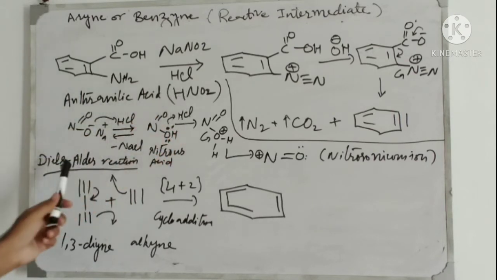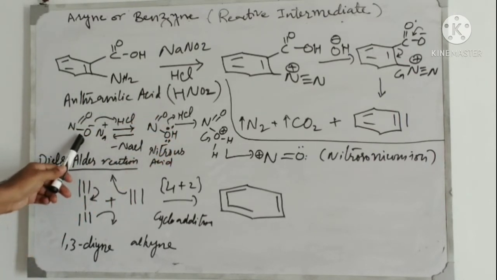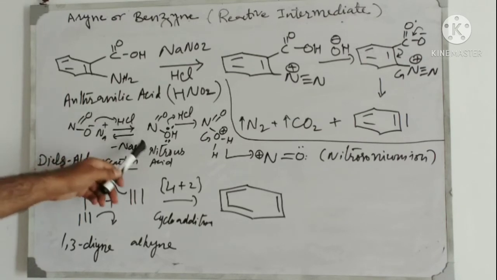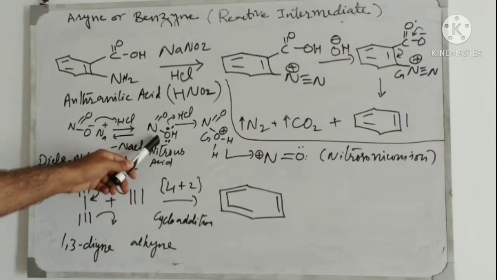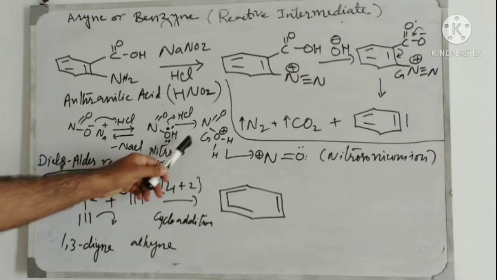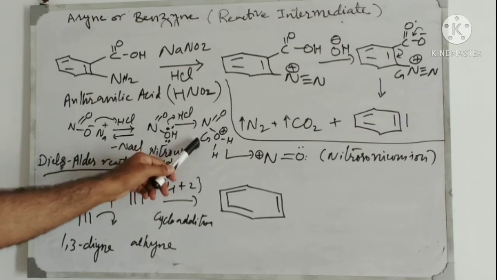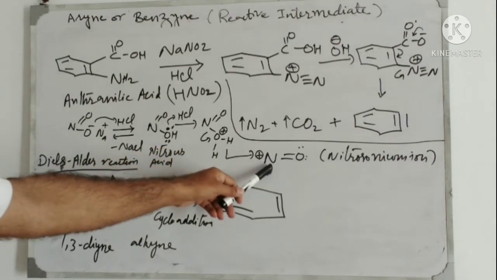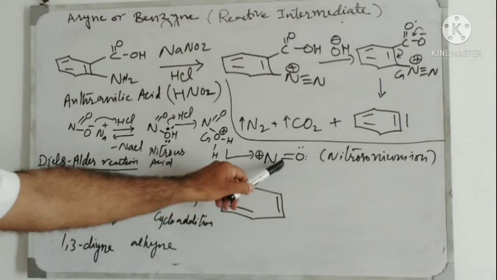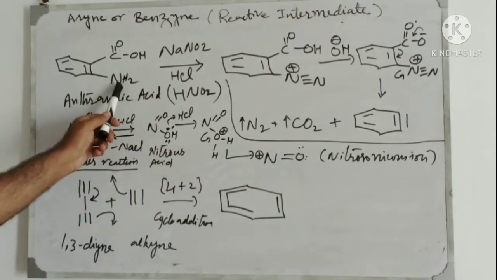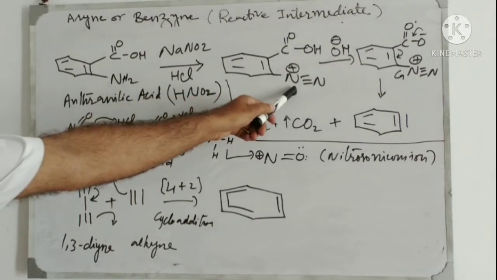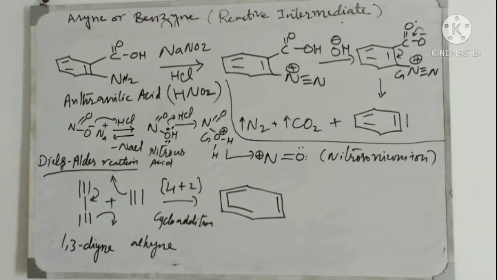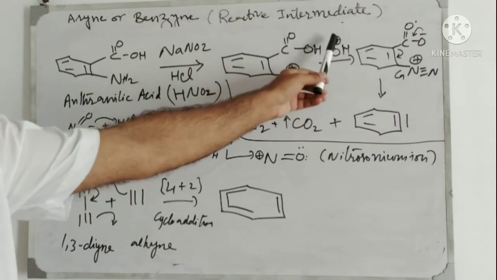This is the sodium nitrite structure. When it takes a proton, it forms nitrous acid. Then this nitrous acid again takes a proton, and a water molecule is eliminated to generate the nitrosonium ion. This nitrosonium ion reacts with the amino moiety of anthranilic acid to form the diazonium salt. So this diazonium salt, in the presence of a base